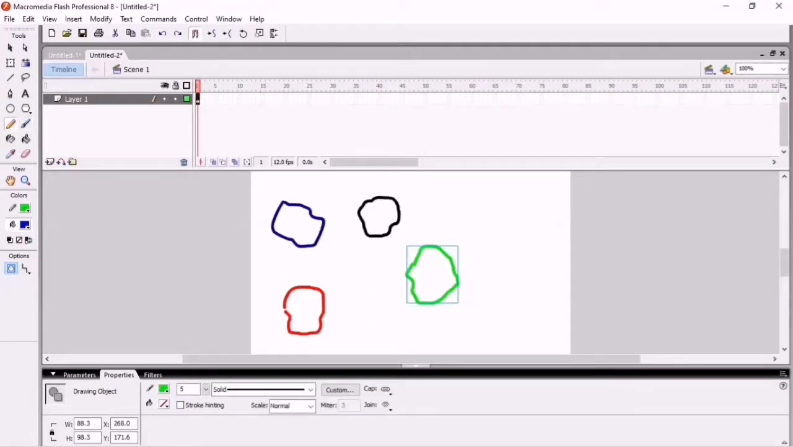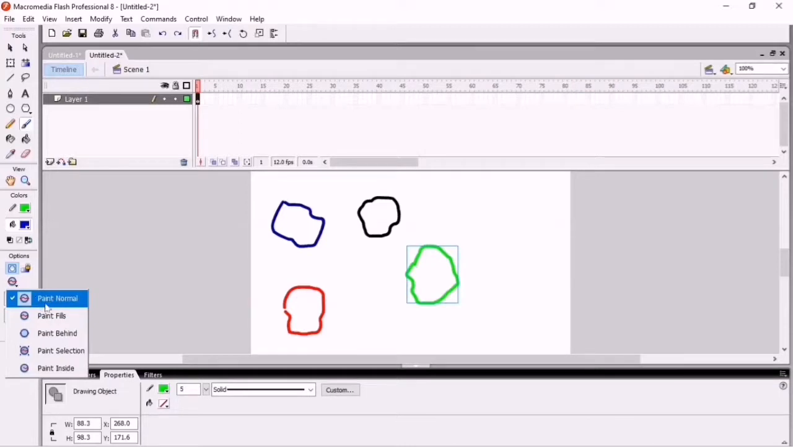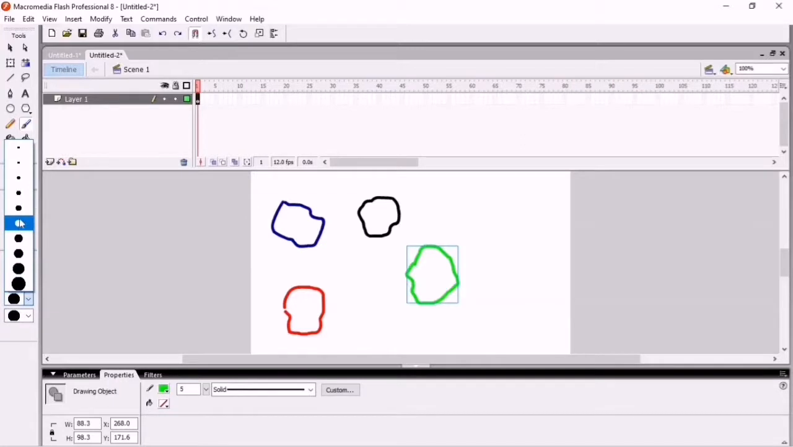So I make some shapes here and select the brush tool. You can see this option also appears here. When I click this option here, some further options appear: paint normal, paint fills, paint behind, paint selection, and paint inside. Okay, now suppose I want paint normal, and I decrease the size of this like this one,